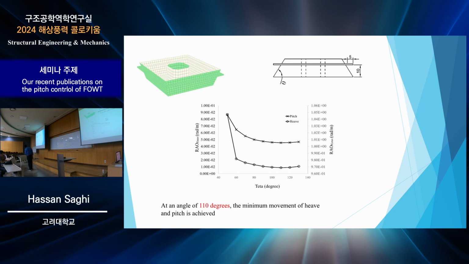In this figure, you can see the area of pitch for different lengths and also for different locations. There are a huge number of graphs in my paper, but here I will skip some because of time. And finally, we modeled a trapezoidal